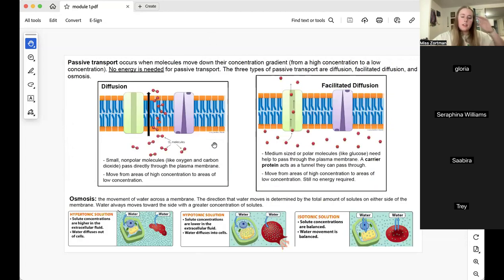And so finally, one way our cells maintain homeostasis is through the cell membrane. I'm going to talk a little bit about the parts of the cell membrane first, and then I'll get into all the different ways things are transported in and out of the cell. So, parts of the membrane,